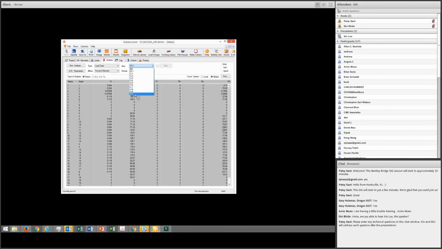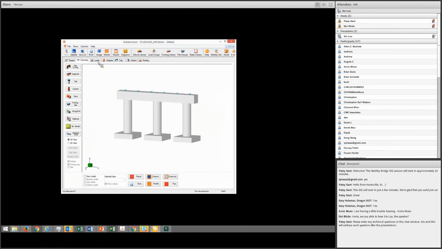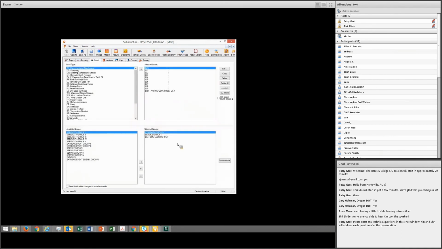Now we can take a look at these earthquake cases. So this is the load effect, the analysis results returned from our solver, and it provides the result for this particular pier shown here. So let's check some details of this response spectra analysis report. So highlight this, click the